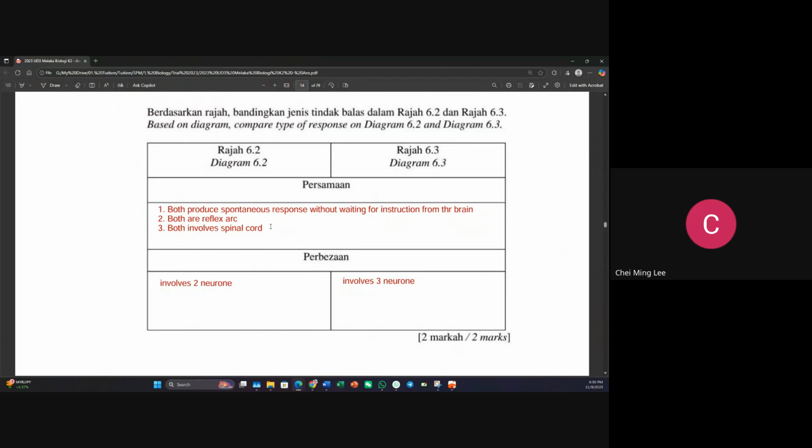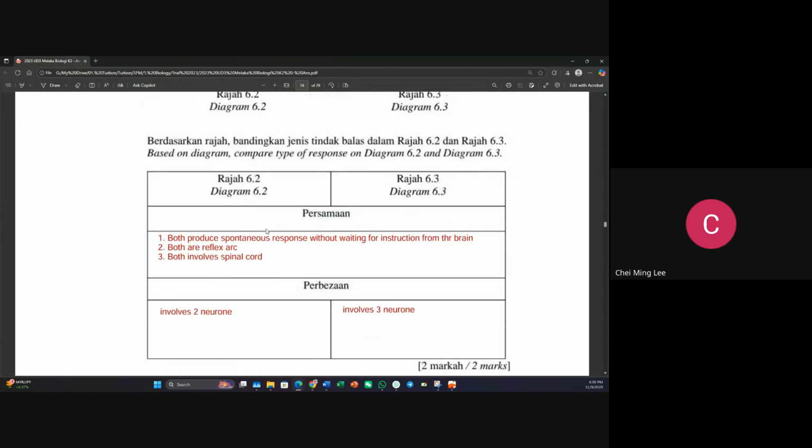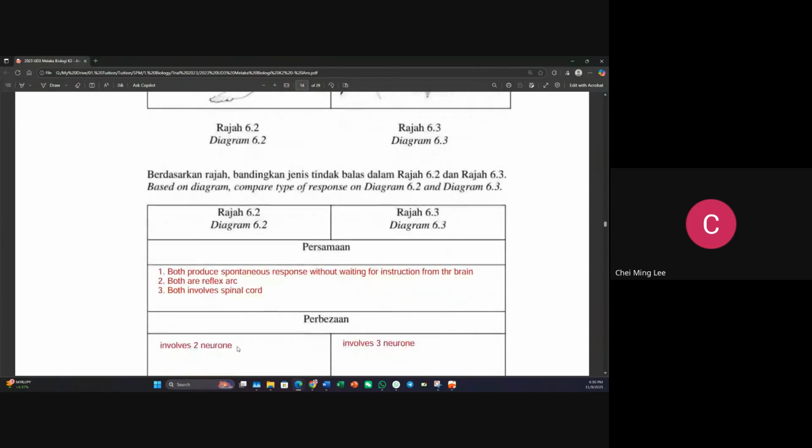Now the only difference is that the first one, like this one, only involves 2 neurons. That means sensory and motor. Why? Because you are not getting stimulated, you are being hit. When you hit your knee, most of the neurons are there. That's why you will straight away go back. You see, your knee only has bone, right? Unlike mine now, because I got the